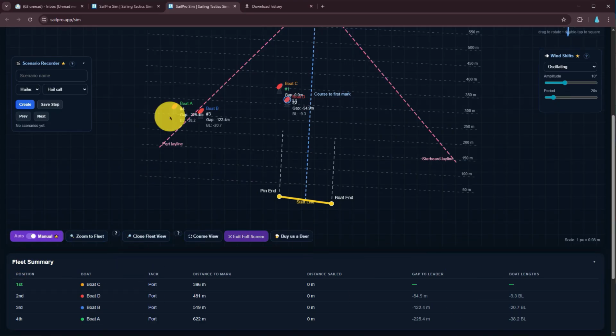All right, underneath that, we've got our fleet summary. As we play through the course, this is what's telling us who's the leader, what the gap is to the leader, the distance traveled, the distance to the mark, distance sailed, gap to the leader, and the gap in boat lengths to the leader. So this is a really good way to set up a course and then show how things are changing on the race course. And as boats go from one side to the other, or they tack, or they jibe, or what have you,